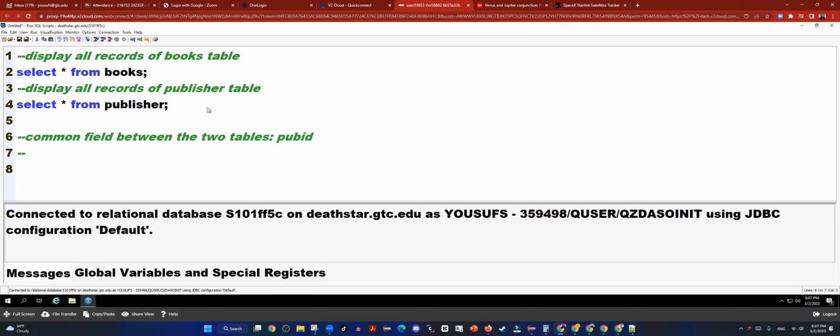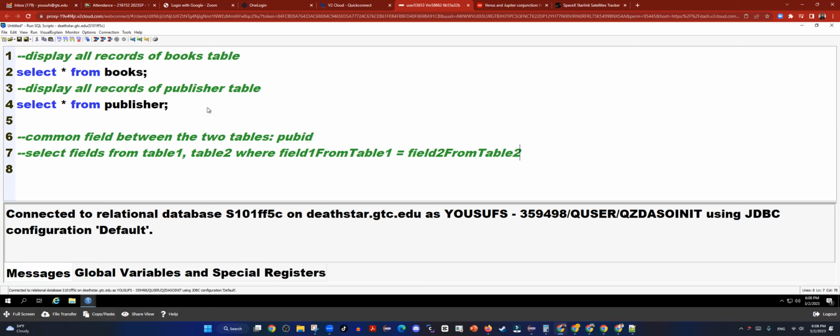So we need to select whatever fields we want from table 1, comma, table 2, where field 1 from table 1 matches a field 2 from table 2. Okay, so that's basically the main syntax of this query. So whatever fields you want to select. So for example,